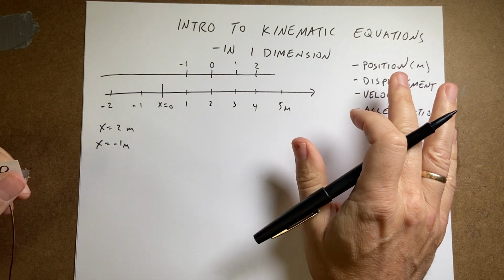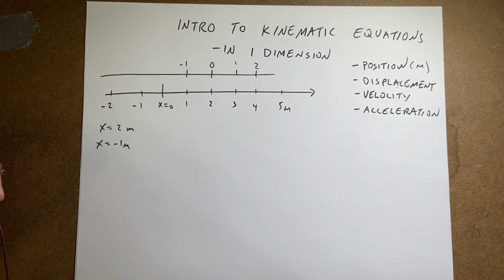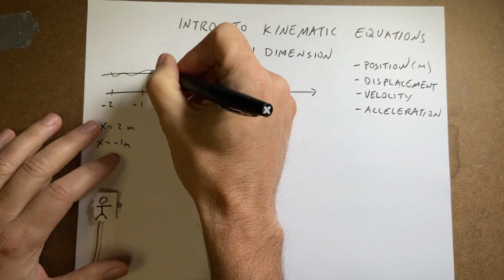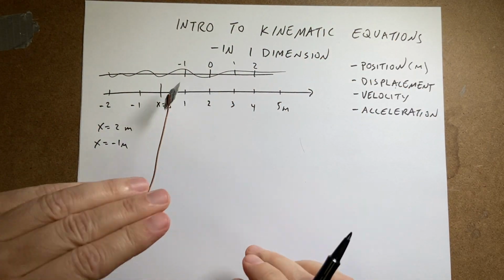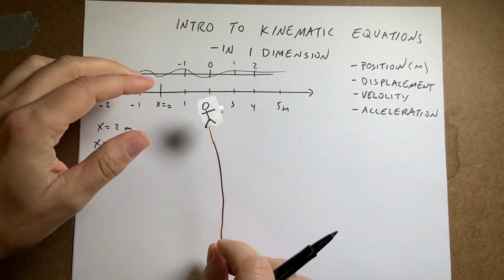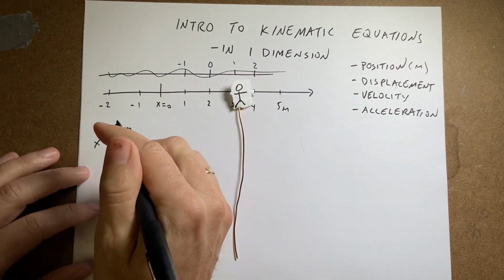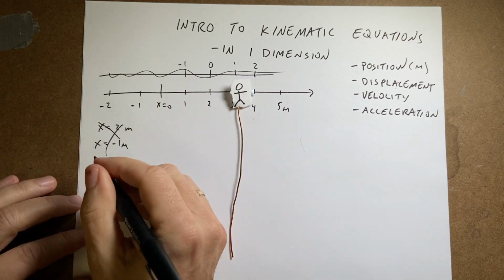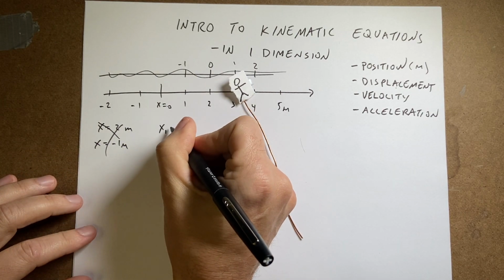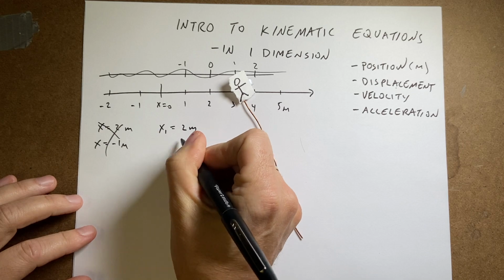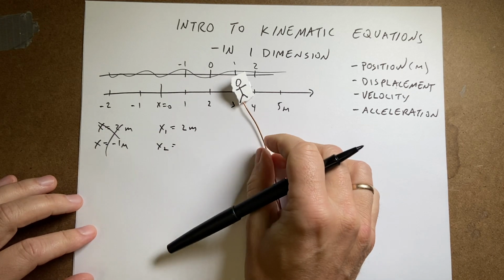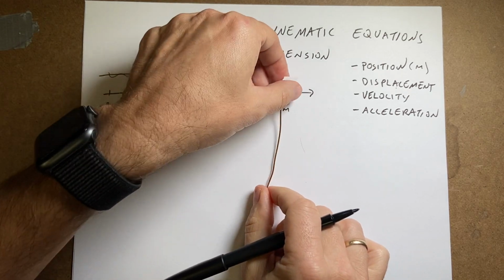And position isn't super important, except that I want to point out what it is not, and it is not displacement. So now let's not use this line. Let's use this one. And let's say I have my person, and the person goes from x equals 2. So we'll start off at x equals 2. We'll call that x1. The initial position is 2 meters. x2, the final position, is going to be 5 meters. So the person's going to go